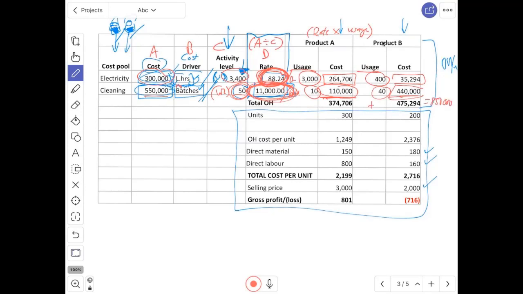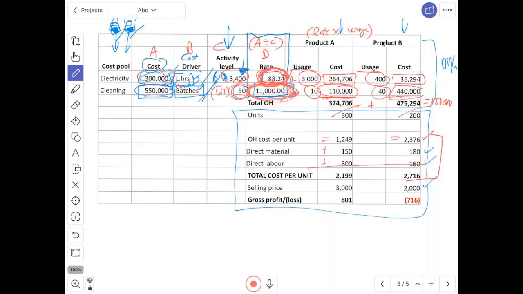Okay, so now we've got our total overheads. If they asked us to calculate overhead cost per unit, remember to give it to them in units. So you divide it by the number of units to get overhead cost per unit. So just show your working, and that would be the final answer then. If they asked us for total cost per unit, you had to add direct material and direct labor. So then this would be our final answer, total cost per unit. If they asked us to calculate profit per unit, remember to deduct from the selling price,